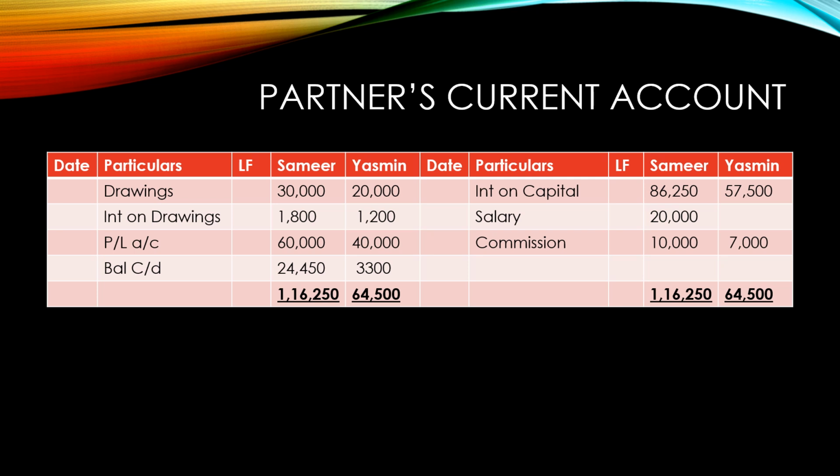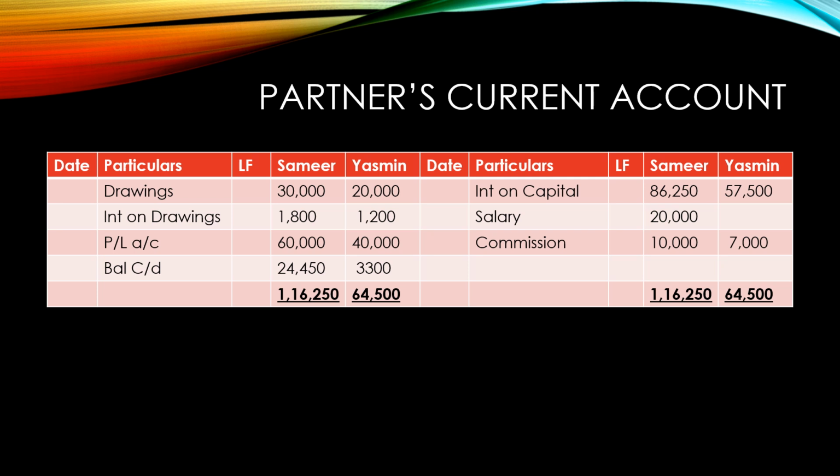Then drawings is also written in the current account itself for Sameer and Yasmin both. Interest on drawings is 1800 and 1200 for Sameer and Yasmin. In the PL account, the share of profit which is given in the question is given to both the partners. And then normally, as we used to find in the ledger account in grade 11, the same way balance is taken for current account. And the balance is 24,450 for Sameer and